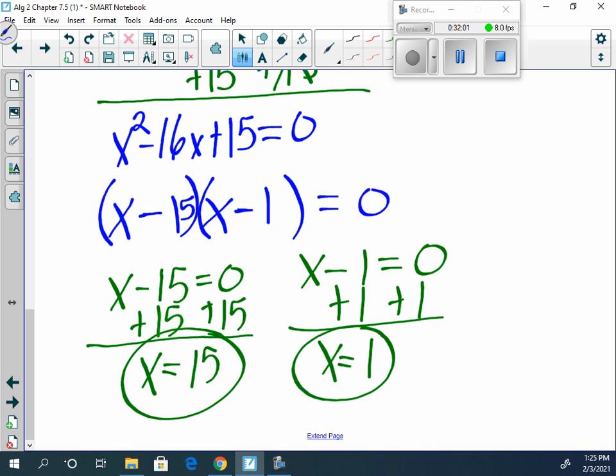So it is possible to have more than one answer as a solution. We have more than one solution. But most likely if we have more than one, we're dealing with a quadratic. And that is it. That is all we're going to be doing today. We will be covering these more